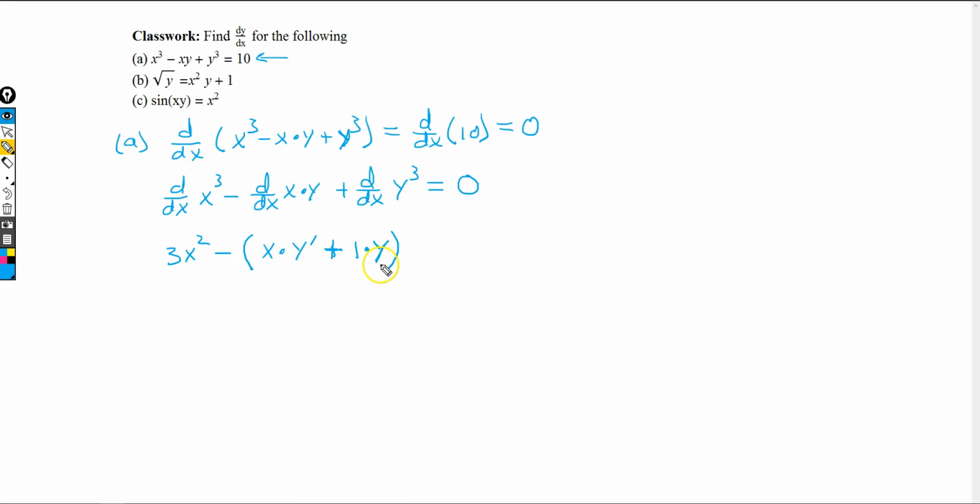Alright, so this part right here in the parentheses is this. And then finally the last term, derivative of y cubed with respect to x, as we've seen before, that's going to be 3y squared times y prime. And that's using the chain rule again. All of this is equal to 0. Now what we need to do is isolate the y prime and put everything else to the other side. So let's take the 3x squared, move that over. We have a negative y. We will move that over as well, and we'll be left with